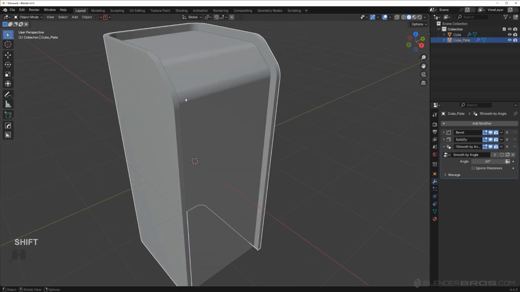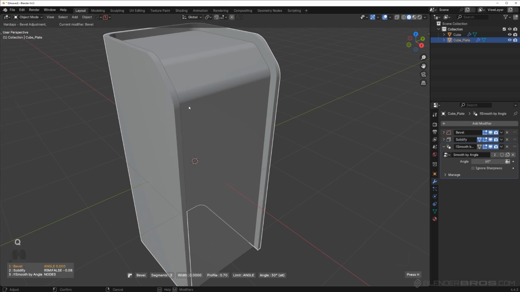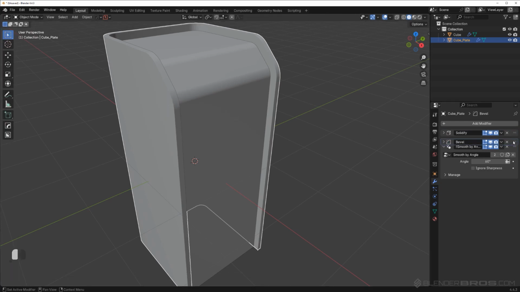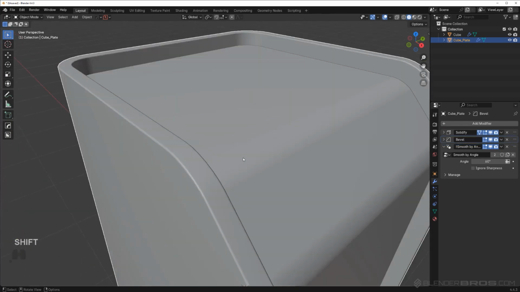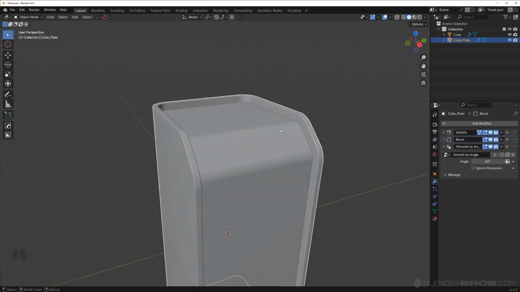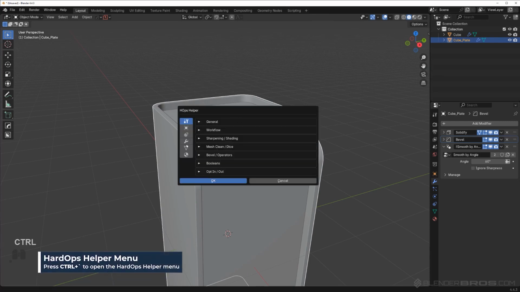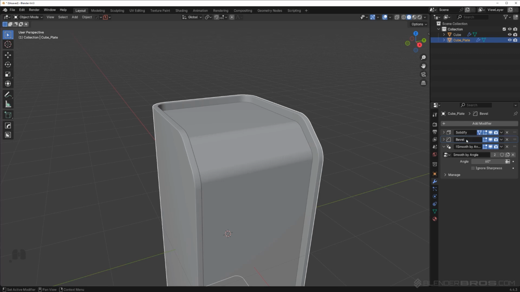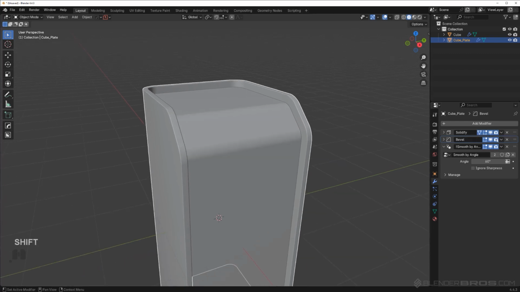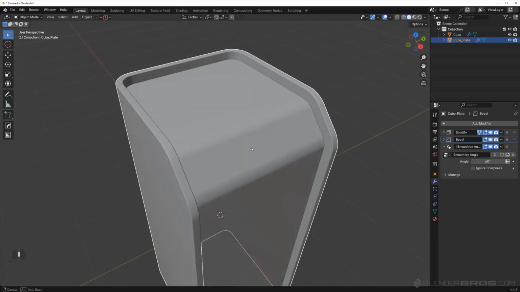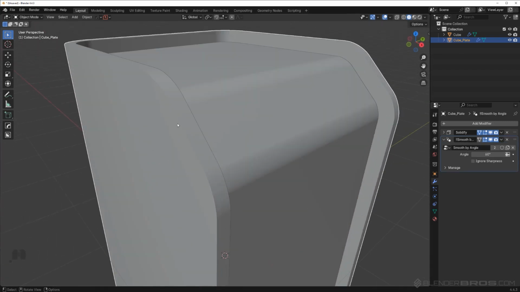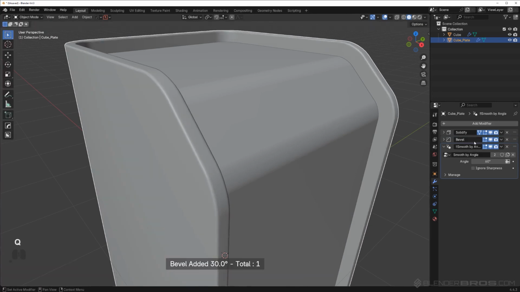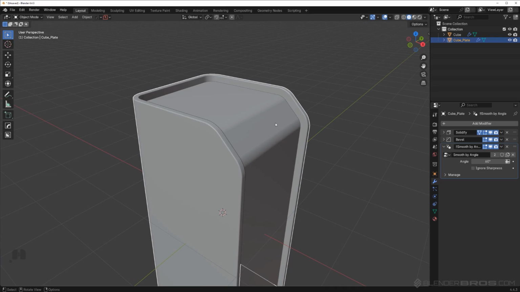Because I'm gonna be cutting this one, right? So let's just now add a bevel here, and the bevel will not work because it's actually above the solidification. So let's actually fix that. I think solidification is not being sorted. So what we could do is go to Control tilde menu and go to workflow, and let's see here. Yeah, solidification, just turn it on. So Hardops and Boxcutter is going to sort these modifiers for us, which is really important. So again, when I add the bevel now, you'll see that it's going to be correctly added underneath solidification. I don't know why it's disabled by default, but